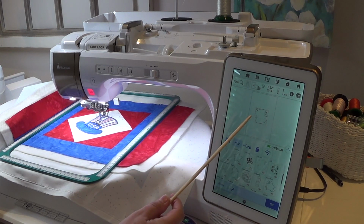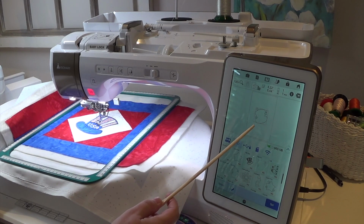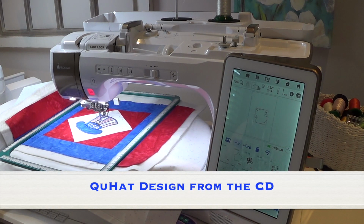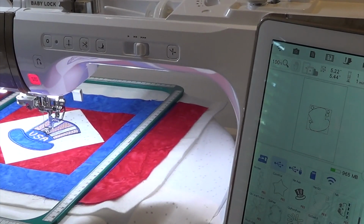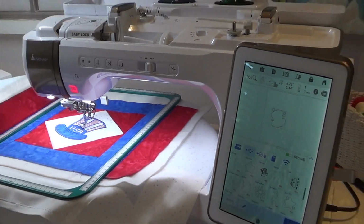First, you want to bring in your hat quilting design. It looks like this over here on the screen. Let me get you in a little closer. You can see there on the right hand side of the screen. Okay, then